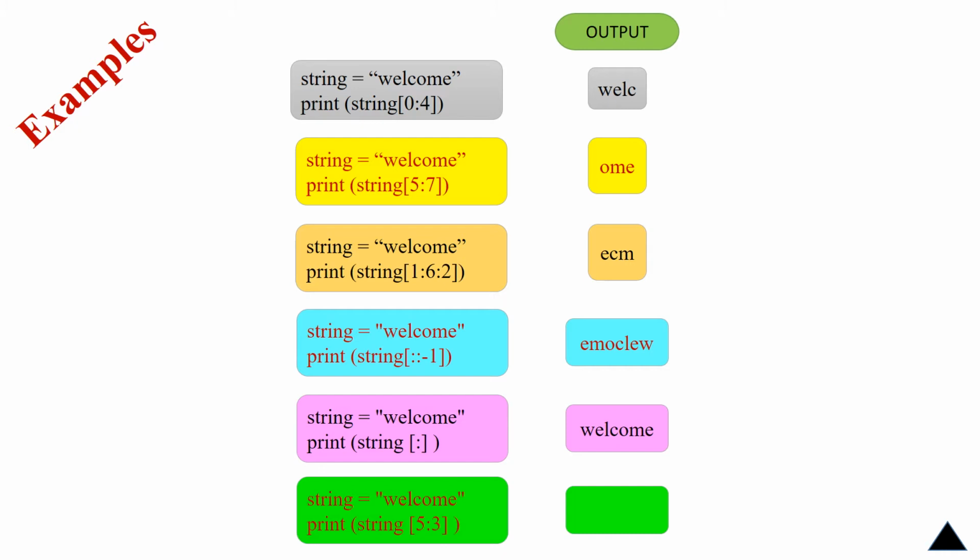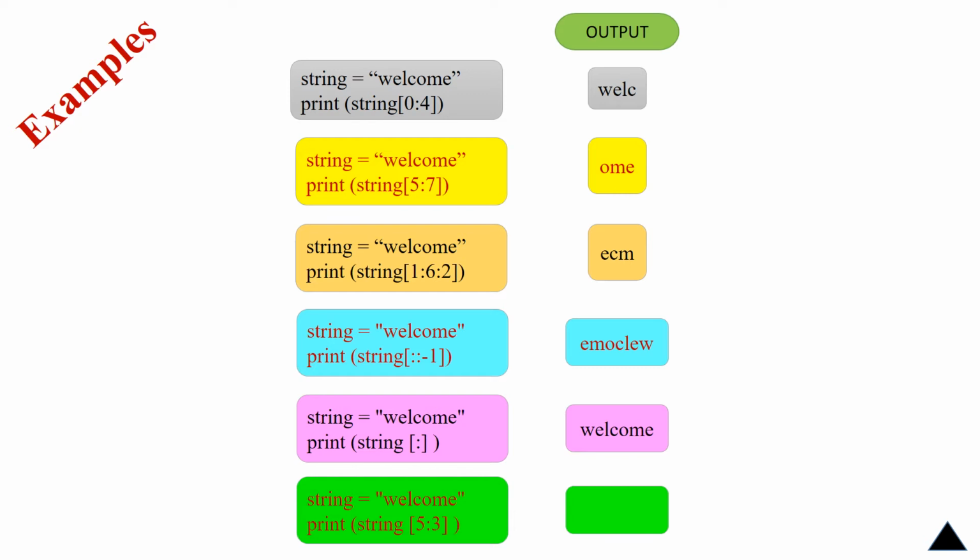If I want to print this welcome in reverse order, that is EMOCLEW, yes, we can print it in reverse order with a simple statement: you give the starting index empty and the ending index empty, then -1 will traverse the particular string in reverse. If I have not given any starting index and ending index, and just specified a colon, it will print whatever string is available in the particular variable.